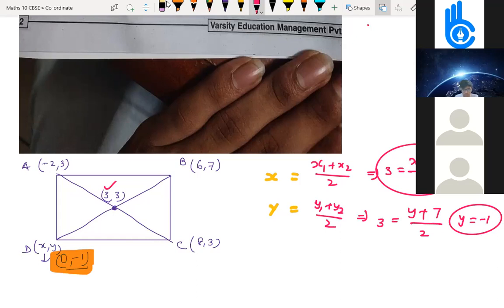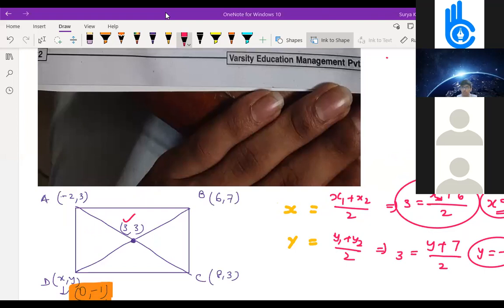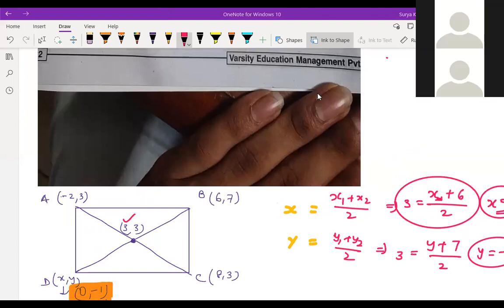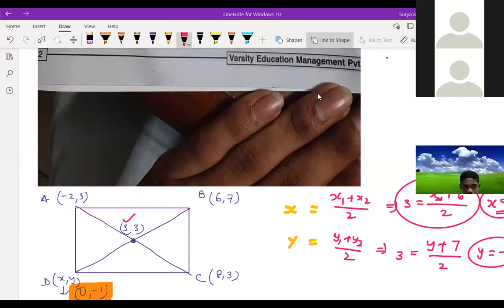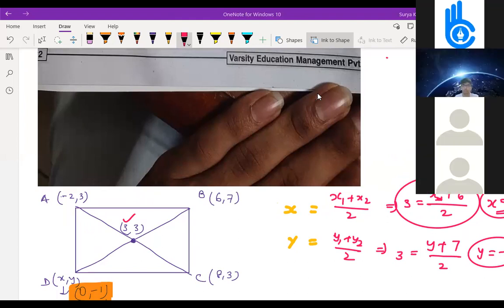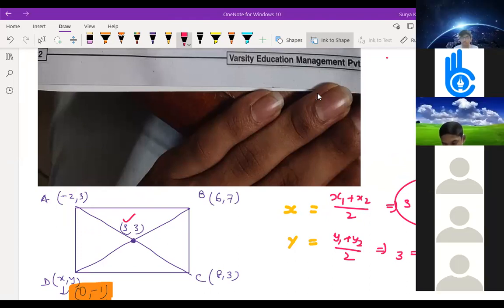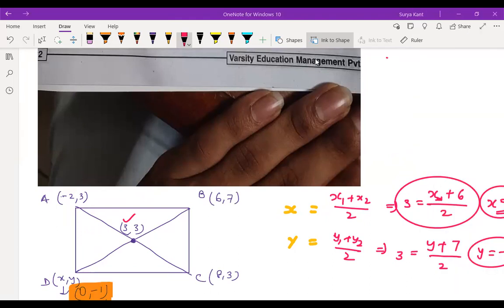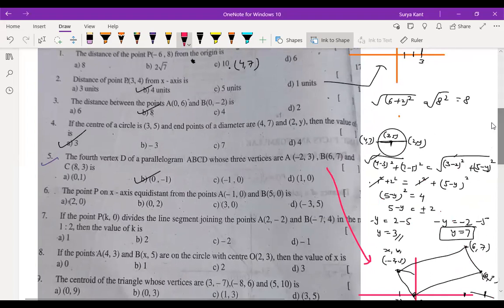Anyone having doubt in this question, children? Anyone of you having doubt? No, no, sir. Okay, someone is in the waiting room. Samarth, Praharshan, Javian, Drishi, Adarsh, all of you on the camera now. Chanchal was also there, no? She left the meeting or what? Sir, can you tell me the answer for 5, 6, and 7? 1 minute. See, the fifth one is 0 comma minus 1.